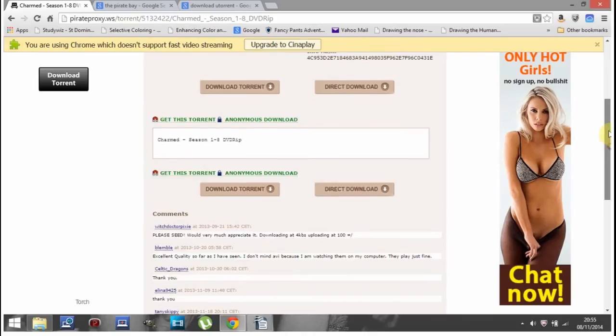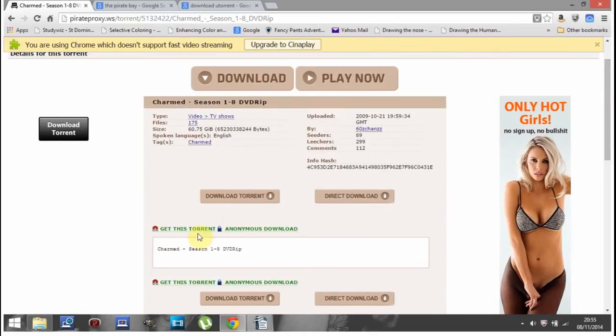Then all you do is click get this torrent. Do not click download torrent. This website's a bit shifty. You can get viruses if you're not careful if you click on things. So click get this torrent. That's what you want to click. Click it, and it should